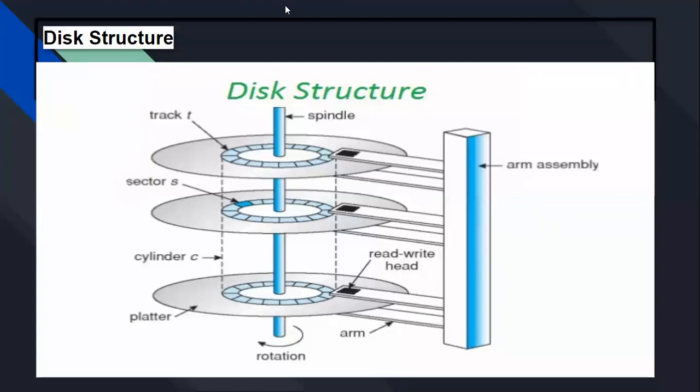So basically, as everyone can see, this is the disk structure, our hard disk structure, which you can easily understand. Why is this tree important? Before that, we have to clear the concept of disk structure. Everyone knows that data is stored in the disk. This is the structure of the disk.